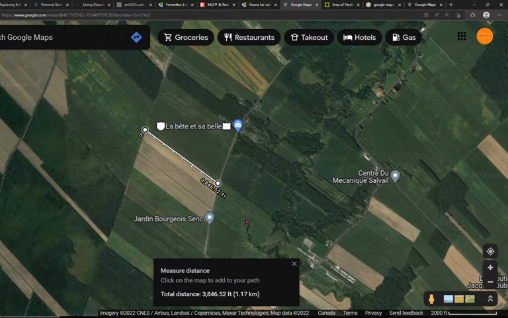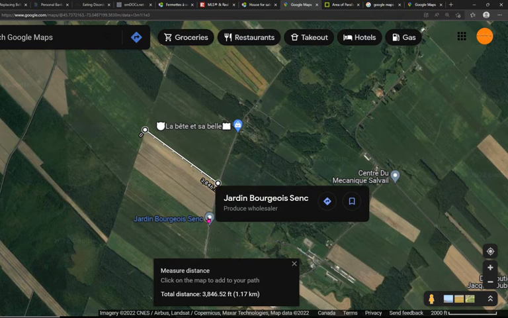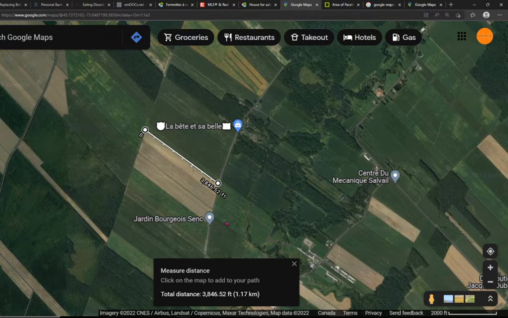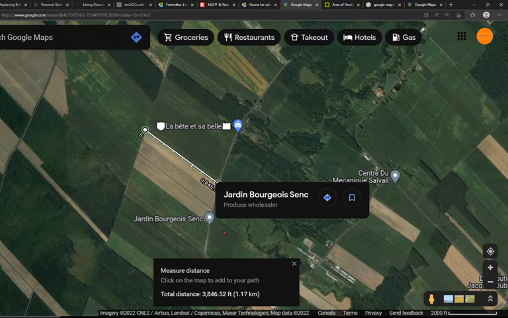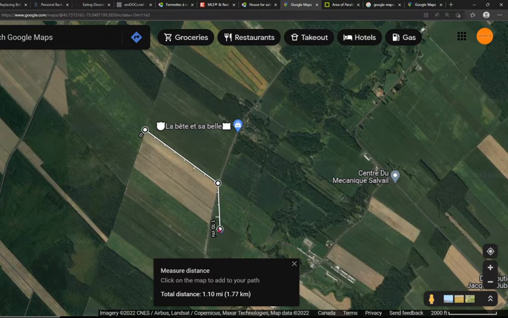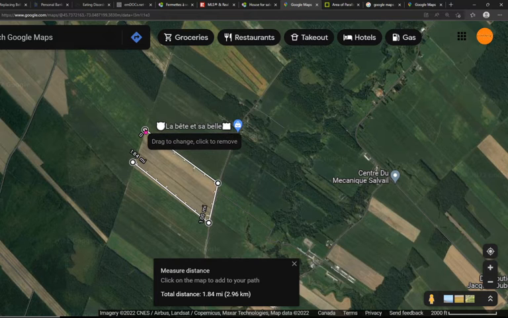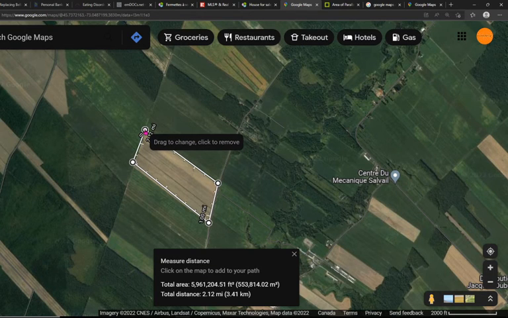Now if you want to measure the entire area here, simply continue. Just make sure you don't click on these things. So maybe click some nearby place like this and just drag it to that corner. And then from this point you are going to keep measuring, left mouse button, right? And left mouse button to the departure point, and this closes the loop. Make sure you close it. It's going to give you total area in square feet and in square meters.